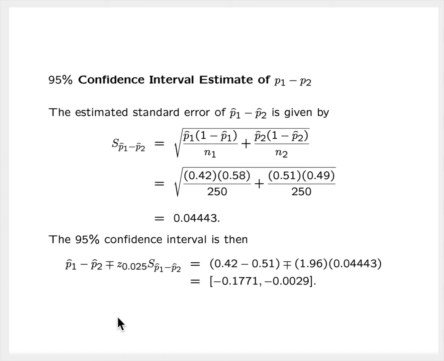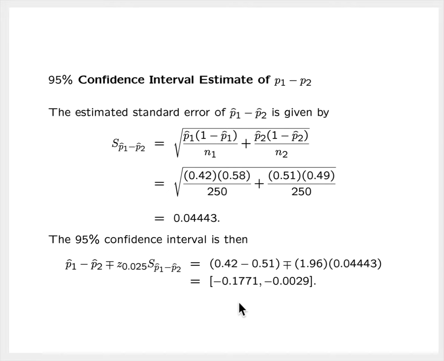The 95% confidence interval then is p1 hat minus p2 hat, plus or minus z sub 0.025, the interval coefficient obtained from the standard normal table, times the estimated standard error of p1 hat minus p2 hat, which again was 0.04443. We plug these values in, and we get the interval that ranges from negative 0.1771 up to negative